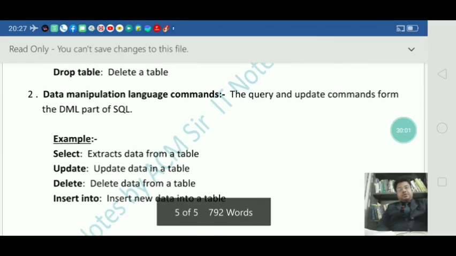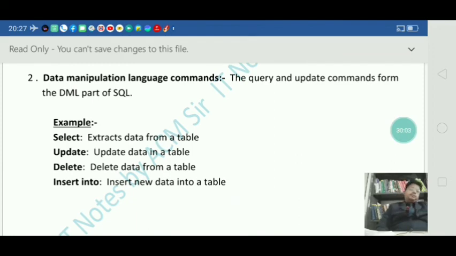Next comes data manipulation language commands. Data manipulation language commands are used to manipulate the database. Manipulate means retrieving data from your database. If you want to edit and update, you can do all these things using data manipulation language commands.